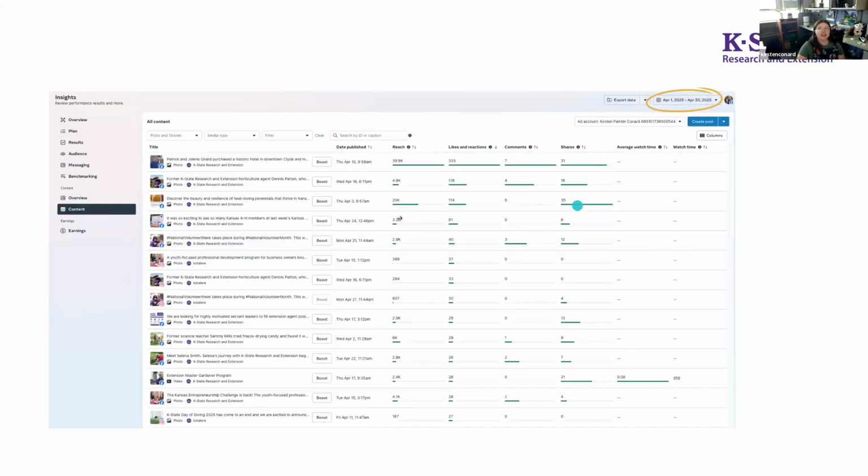All right. And then lastly, you can look at your top content here by selecting content. It includes both Facebook and Instagram if you have both. If you only want to look at one or the other, you are able to filter that here. You'd click filter, placement, and then either Facebook or Instagram, depending on which one you wanted to look at. But again, make sure that your correct date is selected.